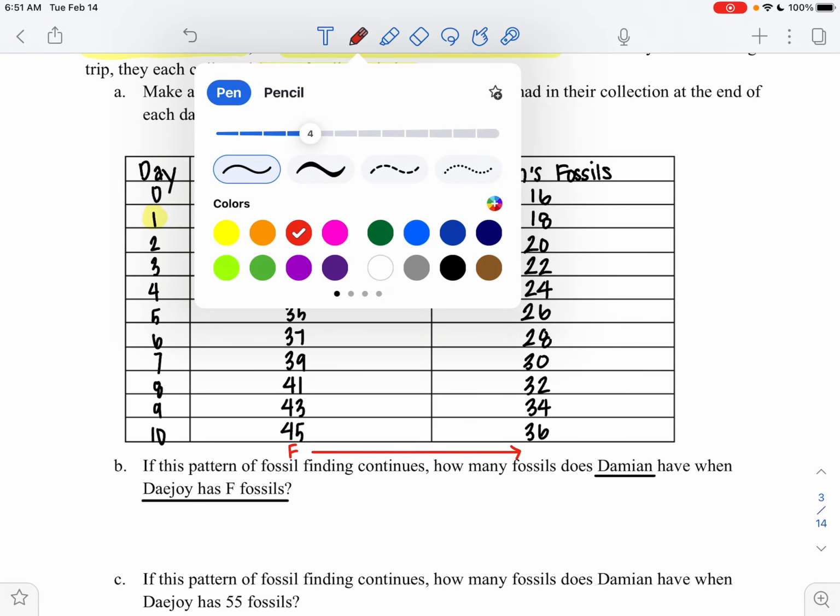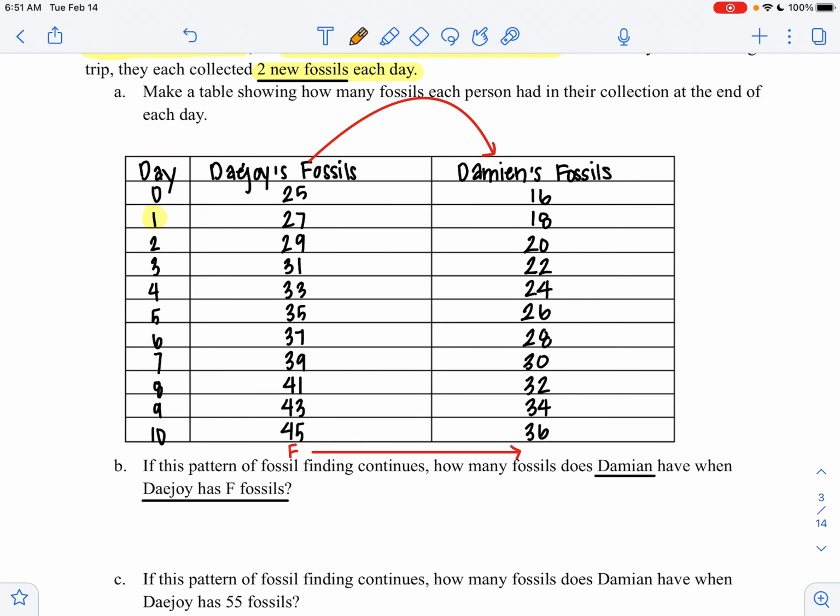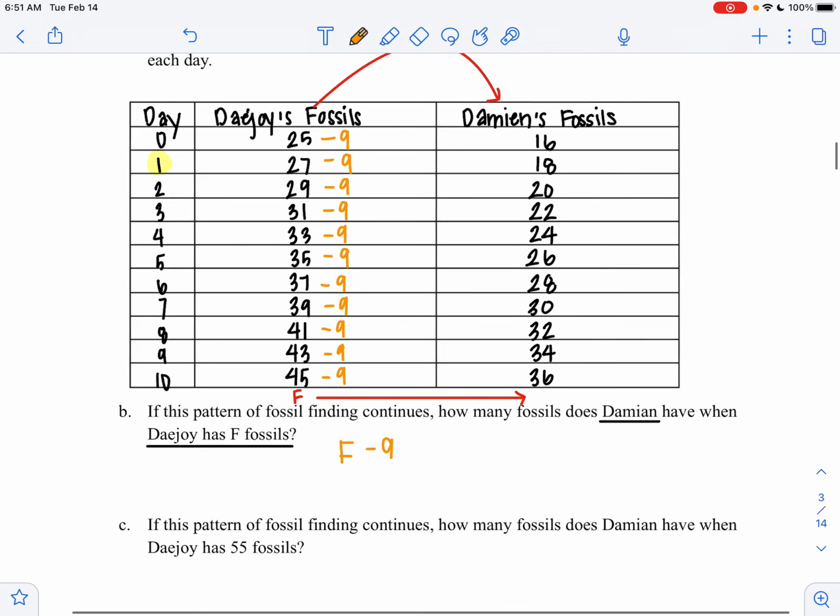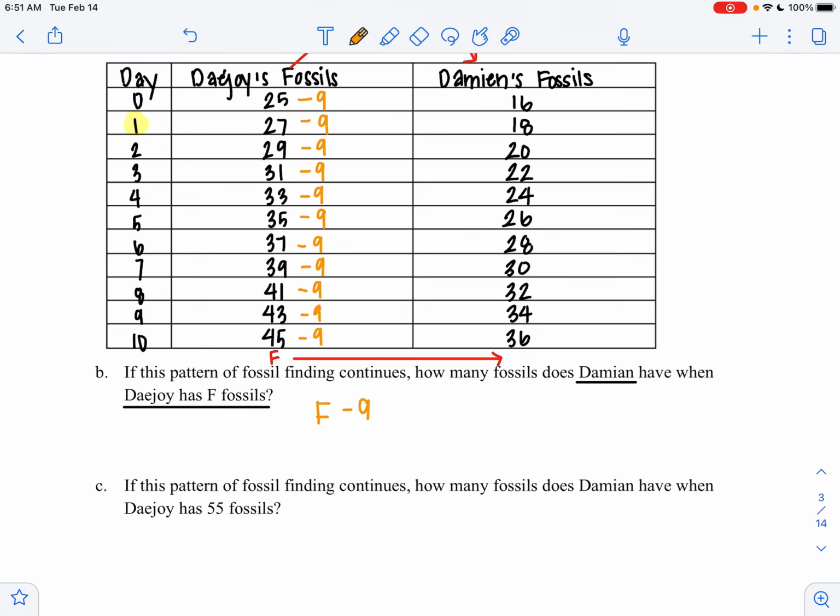And we can see the pattern in the table the same way as before. This time, we're subtracting 9. And I could go all the way down the table, subtracting 9, subtracting 9, subtracting 9. And I know that for F, any number of fossils, F minus 9 will tell me how many fossils Damien has. And so since I can always subtract 9, in question C,